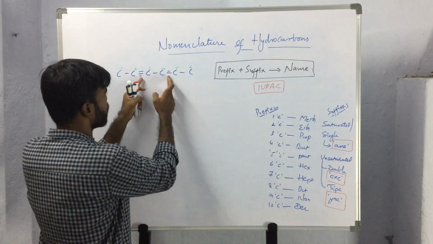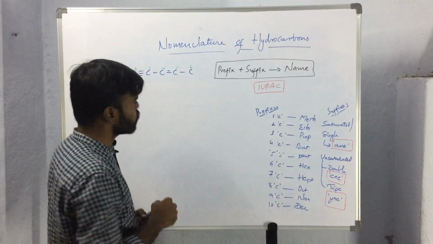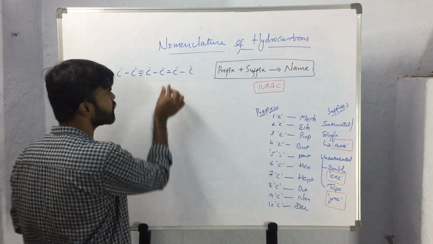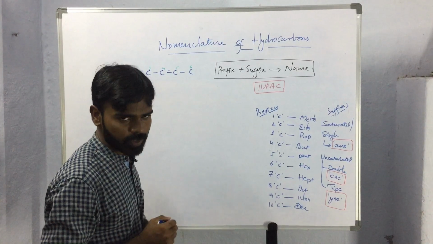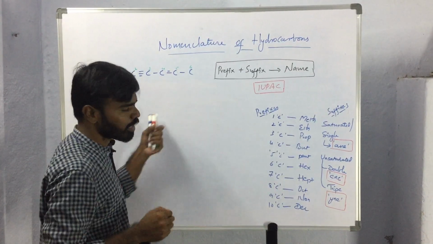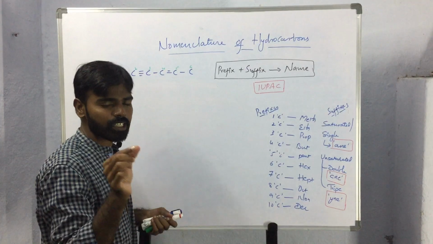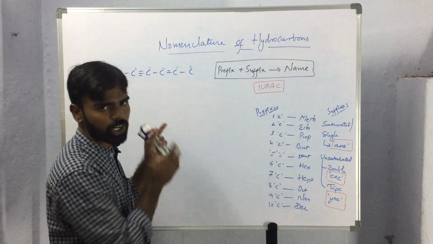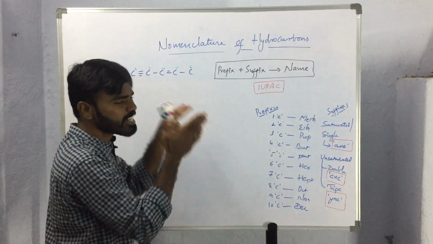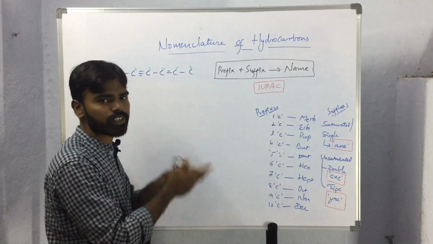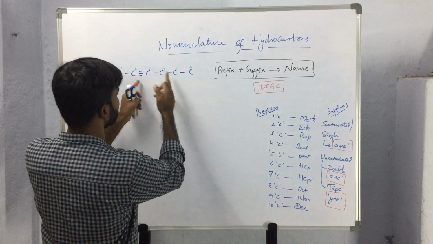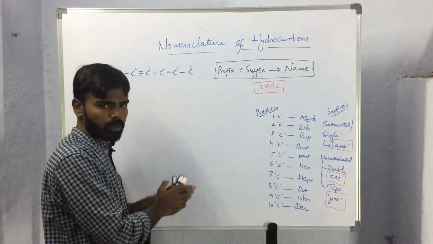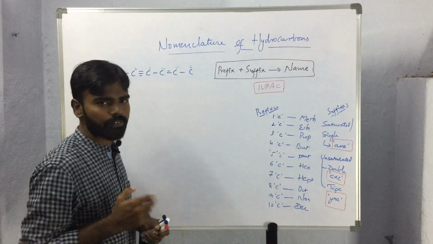But here both are different unsaturations, so which carbon atom to be given the first priority, or we can say which unsaturation to be given the first priority. So in this type of conditions, we will be considering the stability of unsaturations as the preferred priority. So here the most stable unsaturation will be given the first priority. If we consider the triple bond and double bond, among these two, the double bond will be having more stability when compared with the triple bond. That's why this will be given the first priority.